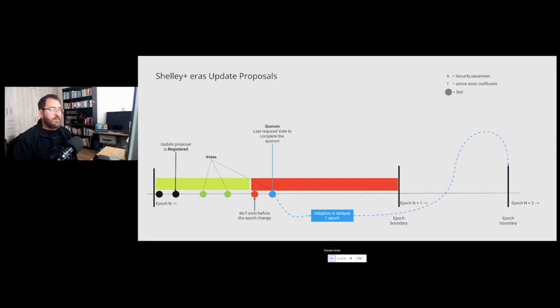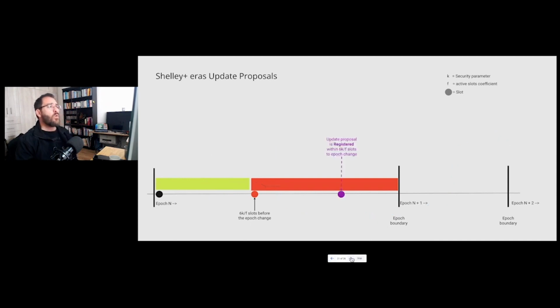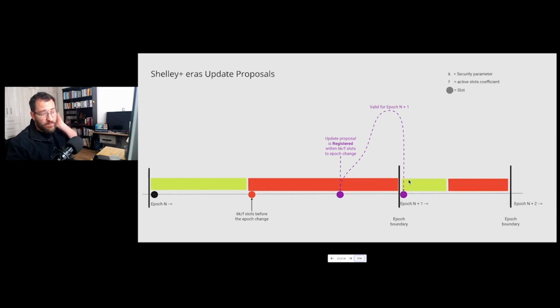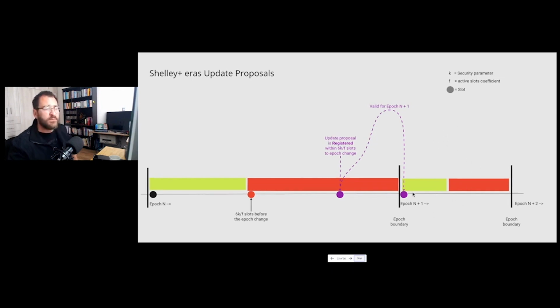But also there is this special scenario where what if you submit an update proposal within this window when there are only 72 hours left of the epoch? Well, there is a special procedure for that. And you can submit this update proposal if and only if you specify that this update proposal is supposed to be valid for epoch n+1. And by valid, we mean that the voting period will start here and the quorum will be monitored around this window here. So nothing will happen